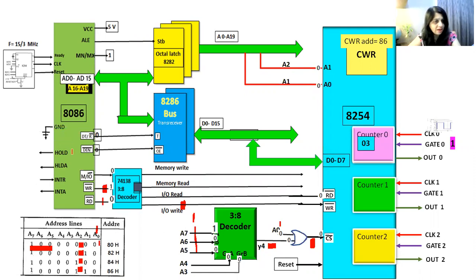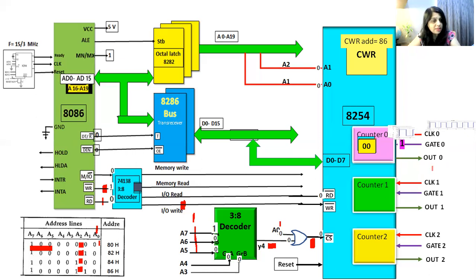Now suppose 3 is the counter and at the clock we have applied this clock cycle. Now let's assume that it is operating in mode 0 and gate is at logic 1. Now after we transfer first clock cycle, the counter will decrement by 1 and it will become 2 because our count was 3. Count may be anything. Now after it transfers next clock cycle like this, again count will decrement by 1 and it will become 1. After it transfers third clock cycle, it will become 0, 0. And then at the output, we will get a particular